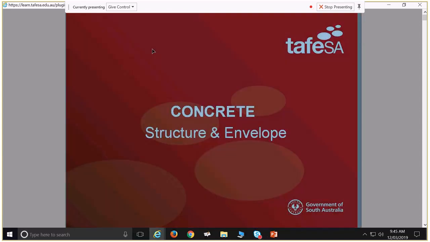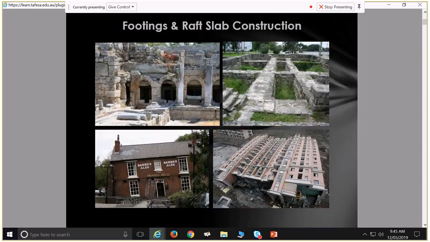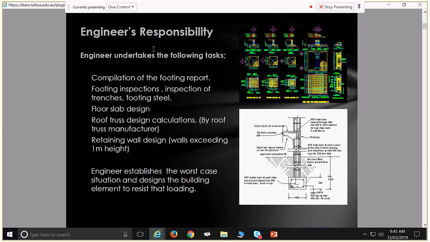So we're starting building from the ground up. Looking at concrete, we've got engineers, and they'll look at that soil and look at the building that's going to go on top and decide, okay, this is what we need in terms of a concrete structure for supporting this, or possibly it's not going to be a concrete structure. There are many forms of structure. But if we choose to go with concrete, typically we're going to have to employ an engineer for this because